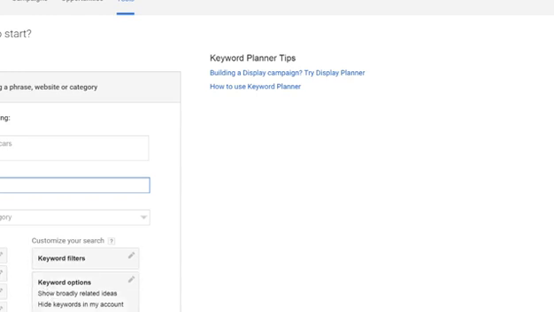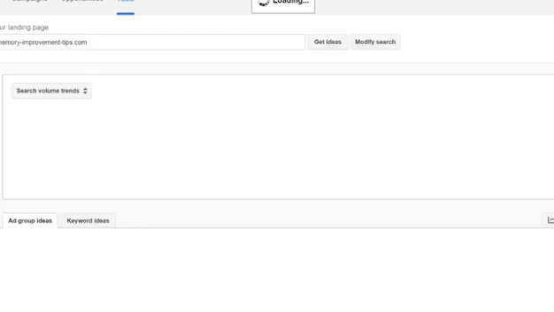There are different filters that you could do if you wanted to. If you're not in the United States, you could change your country. You can change different languages and things like that. You can even put negative keywords if you don't want certain keywords to apply. But really, we're just doing basic research here. So if we put in memory-improvement-tips.com, one of our number one competitors from our research, and click Get Ideas down at the bottom, then AdWords will